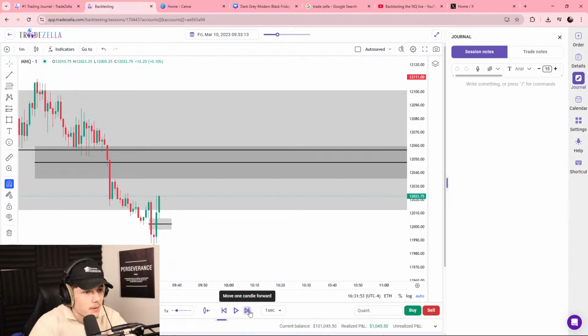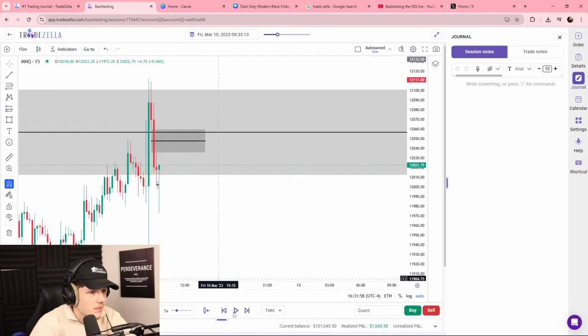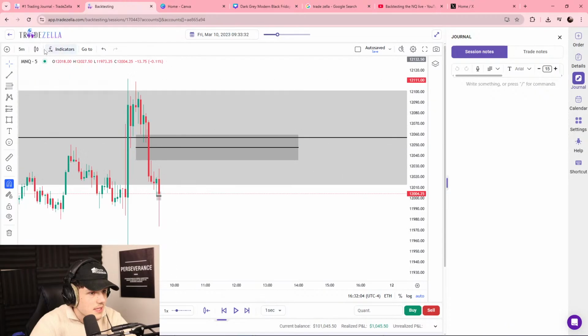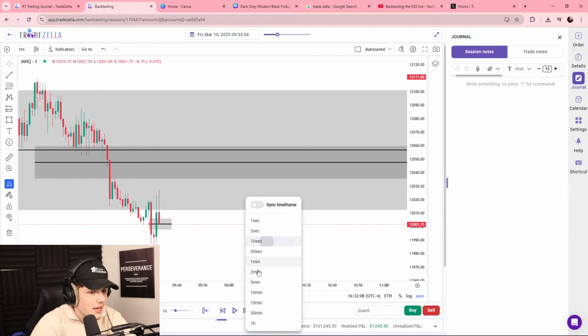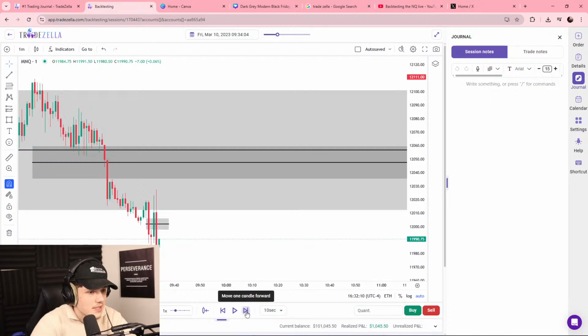You can see that we're bodying up higher. What time is it? 9:33. So we're still earlier on into the session. We're looking at this 15-minute to go trade up into there. Now it's actually trading down lower. Let's see. 5-minute, nothing. 1 minute, again, no clear reaction. So we're going to up it to 10 seconds, and you can see we're displacing lower now.